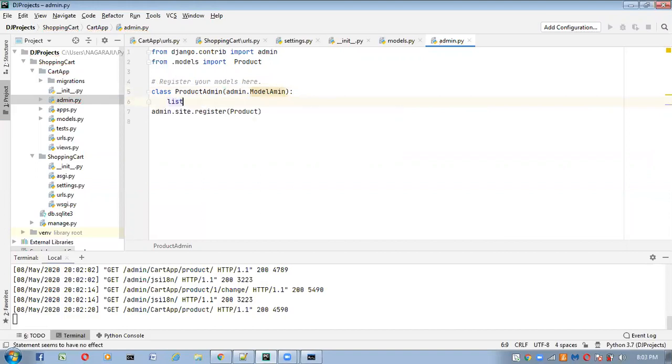For that, here I'm taking list_display. Here I'm taking a list, and I will give product ID, product name, product description, product date.